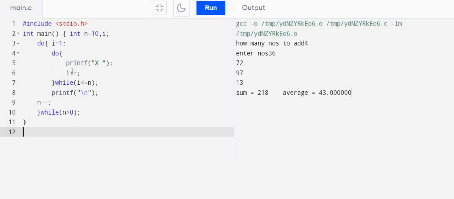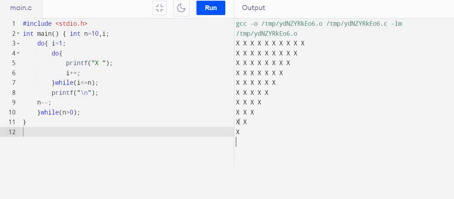It is incremented up to n. So for the first cycle, I will go from 1 to 10. Next cycle 1 to 9, 1 to 8, this way. And every time this x will be printed. So first 10 x will be printed, then 9 x will be printed. So let's observe the output. A beautiful pattern is generated here.